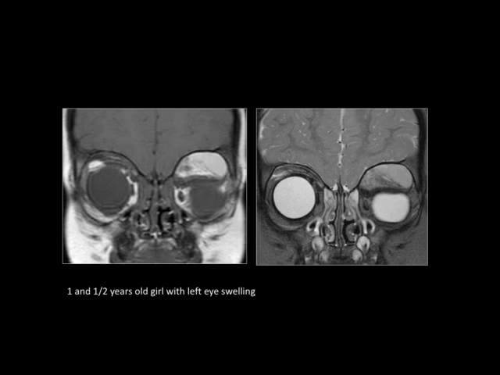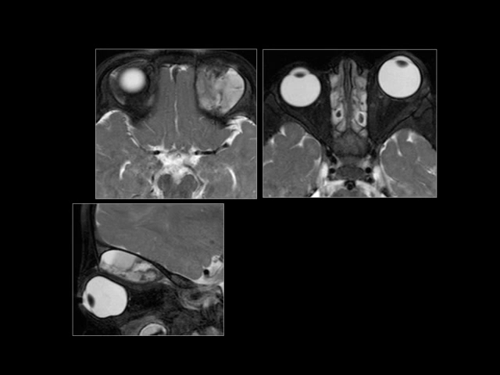So what would be T1 bright? This can be dermoid, bilateral. Dermoids are usually midline, no? Lipoma? But how is T2? T2 is hypo. This is actually fat sat, meaning this is a STIR image. For the orbit we always take STIR, because you have to suppress the orbital fat. So this is not fat, right? Hemorrhage, melanin, I mean, your differential would be that. But then we have the other images.